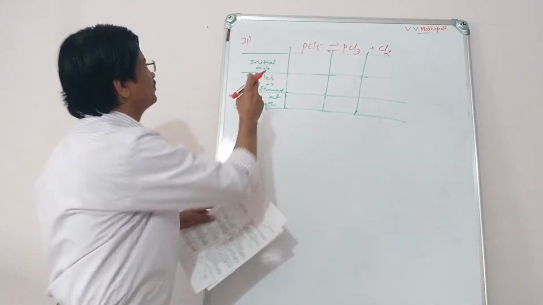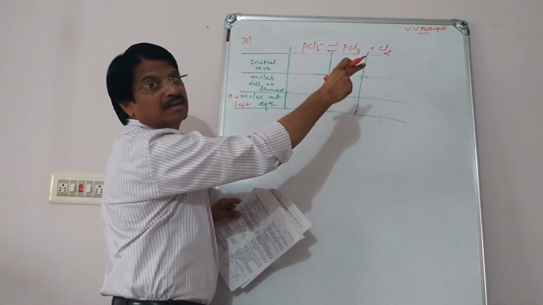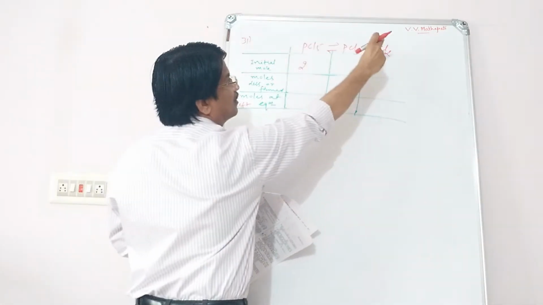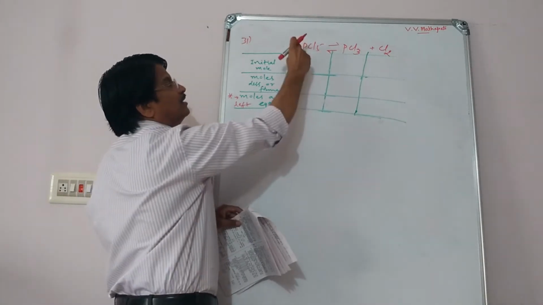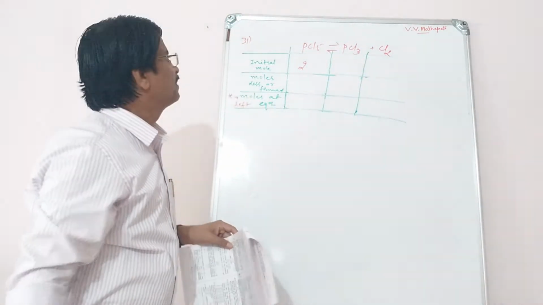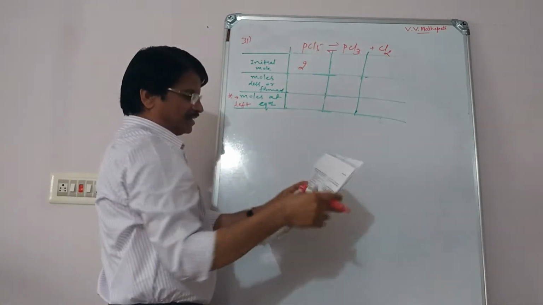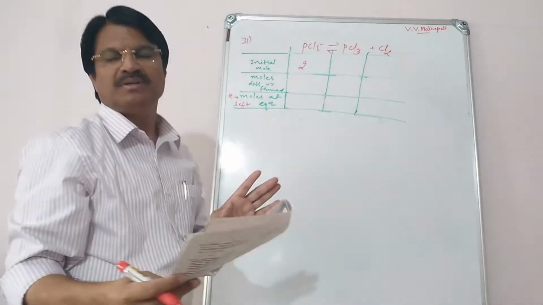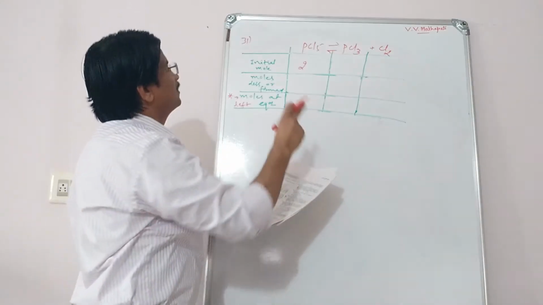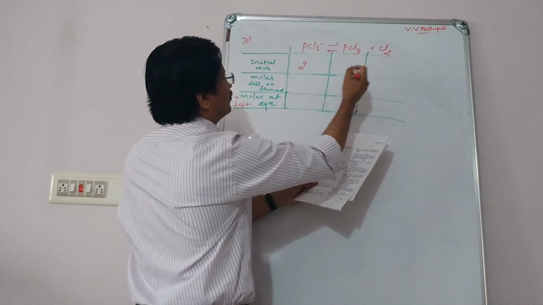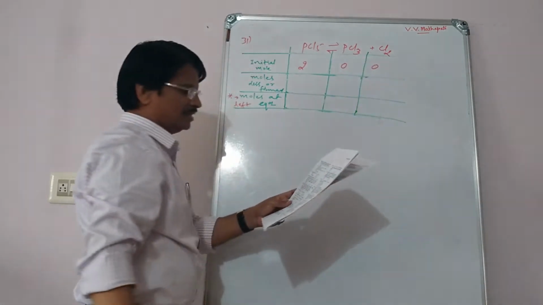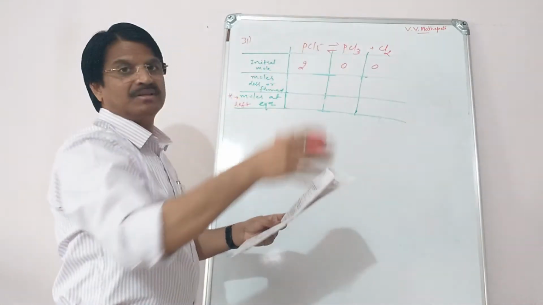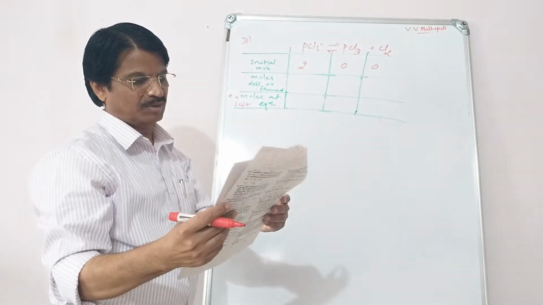2 moles. I told you the first line is the practical value. 2 moles taken, but theoretically 1 mole. But this is theoretical, and to complete the second line, I am writing the equilibrium formula. Yes, practical value 2 moles of PCl5 taken, heated in a closed vessel of 2 liter capacity. Means in this question they give the volume of the vessel. Then 2 moles initially, 0, 0, because PCl3 and Cl2 are not given. But I will give one more question in which all the values are given in the first line only.